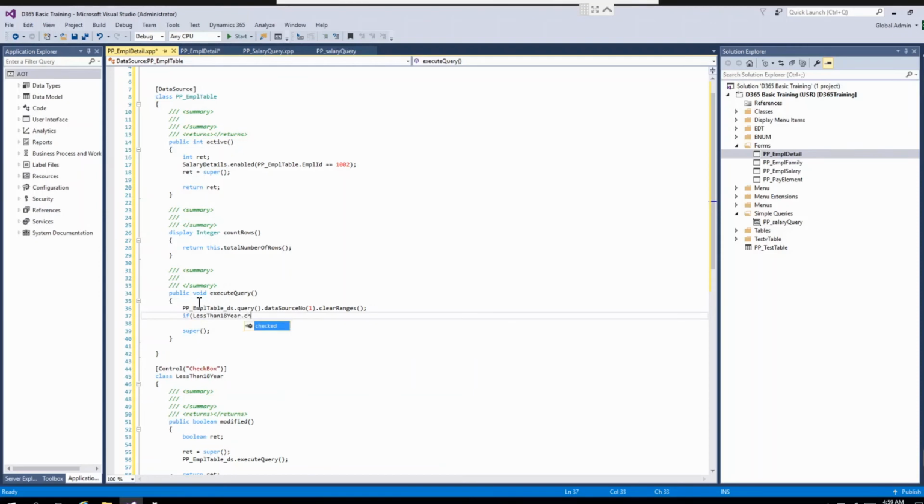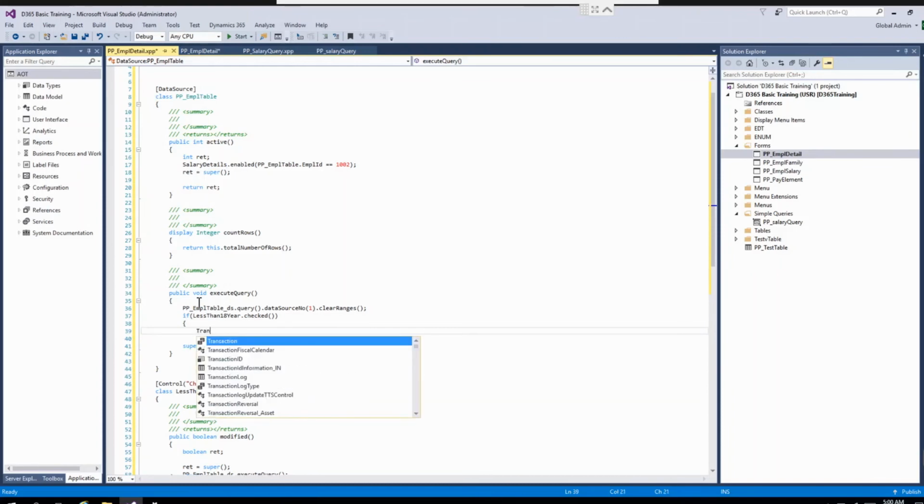Dot checked. If I get this value true, what I want to execute is first I will take one variable where I want the date 18 years before the current date.